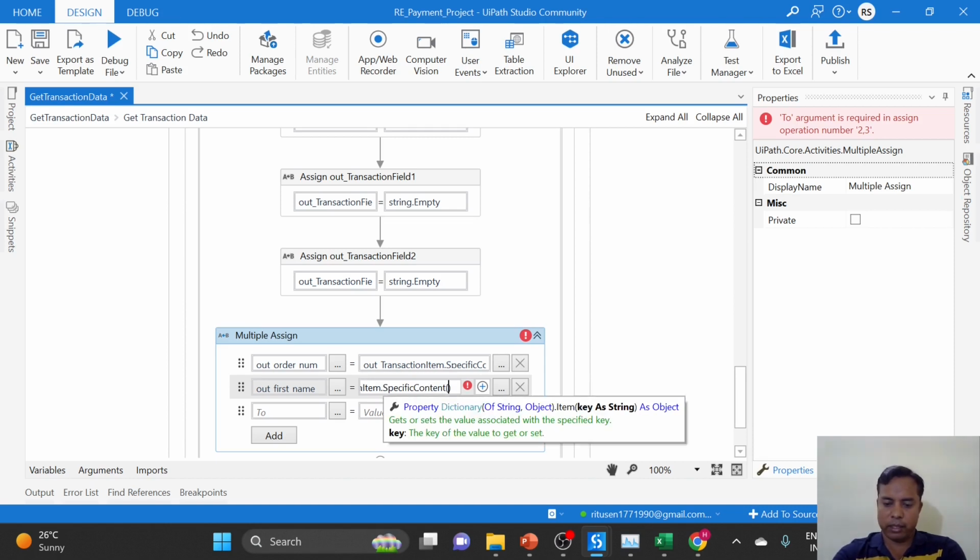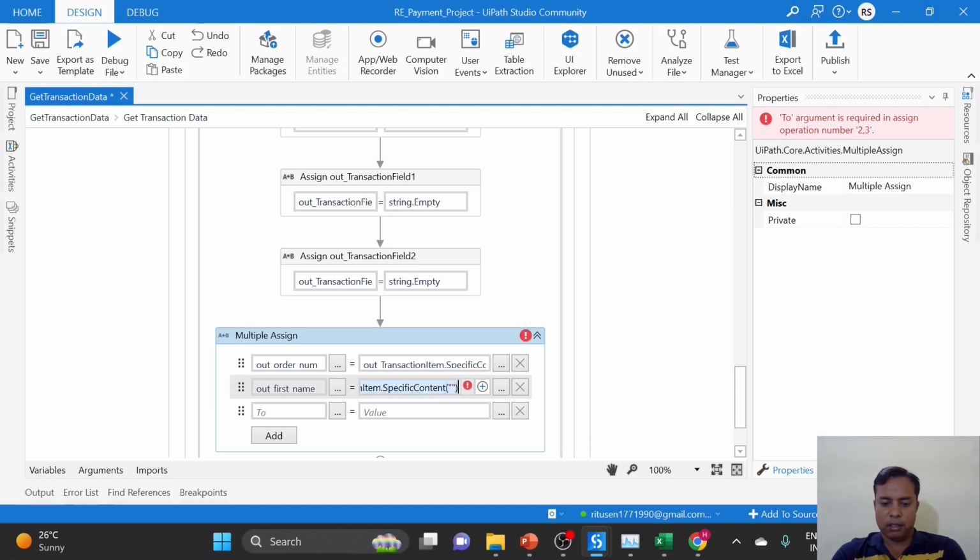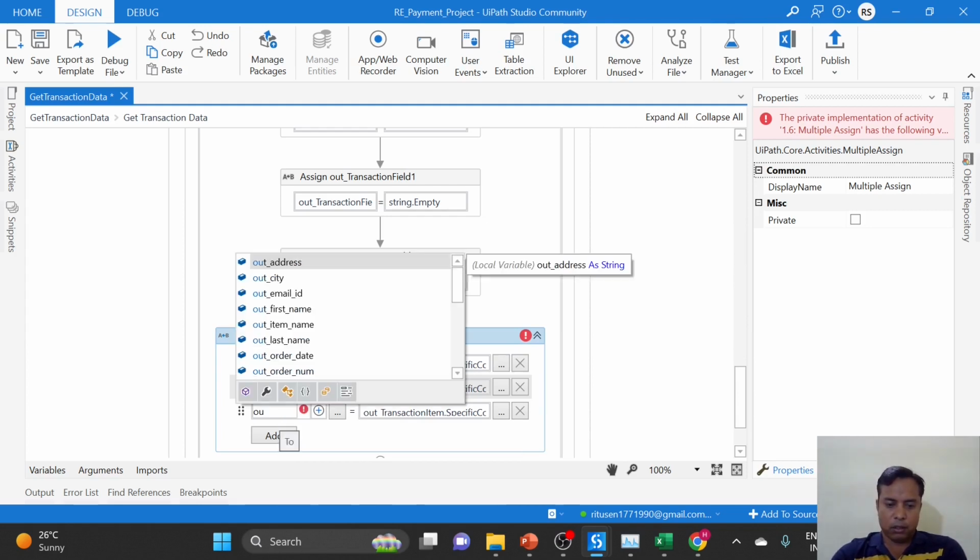Just to enhance the speed, what we can do is copy this first of all, and then later we will just add the name. So out